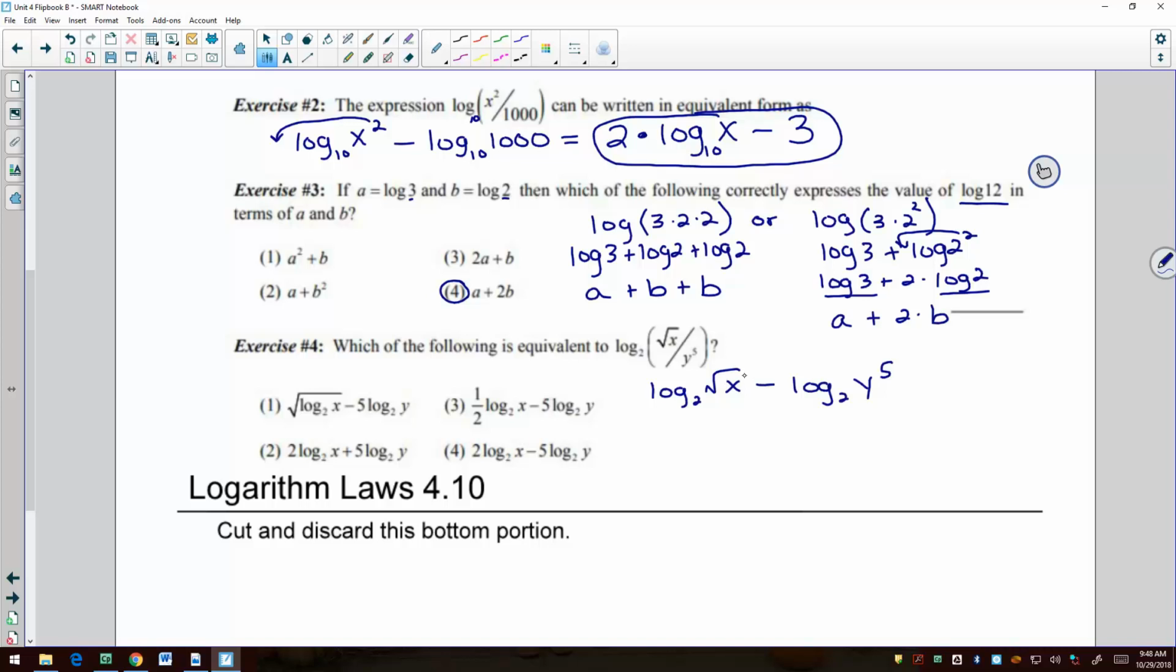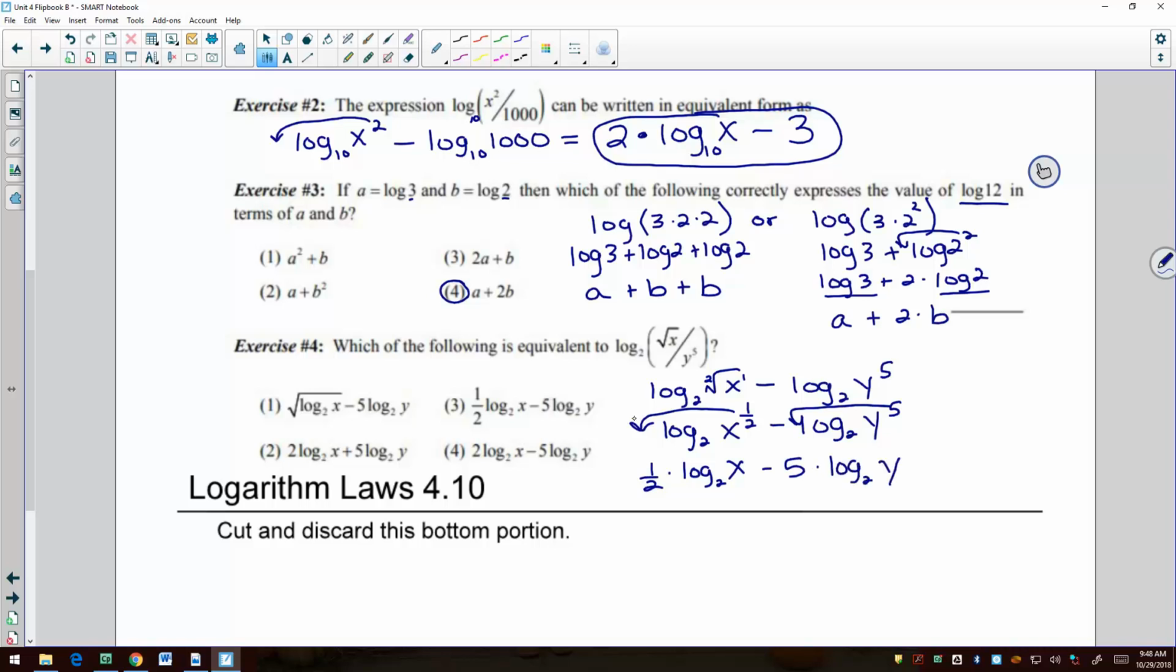So remember, the power, if there isn't one, is an imaginary 1, and the root, if there isn't one, is an imaginary 2. So this can be written as log base 2 of x to the 1/2 power minus log base 2 of y to the 5th. And then the last thing we have to do to simplify this, to expand it out, is to use our power rule where the exponent drops down in front of the log. So there's 2 exponents and they go in front of their own logs. So this becomes 1/2 times the log base 2 of x minus 5 times the log base 2 of y,